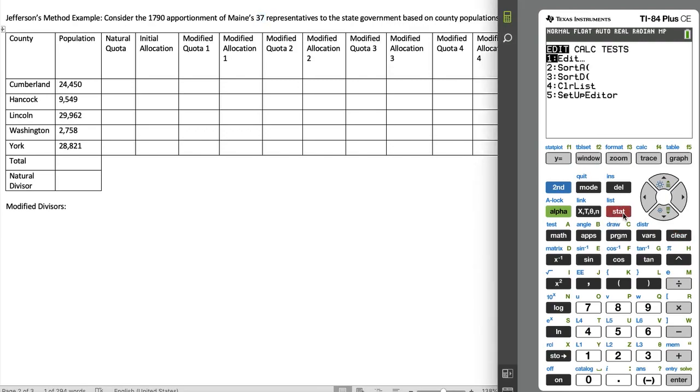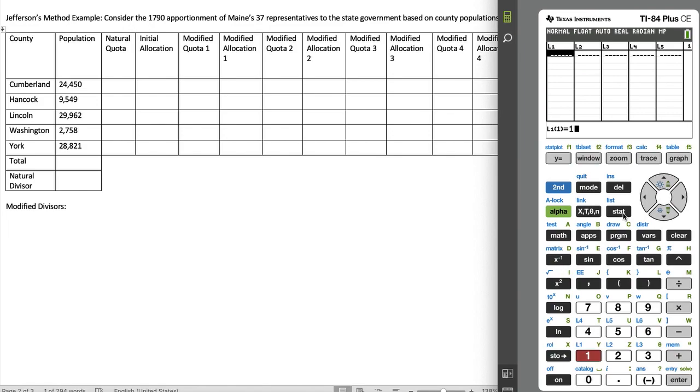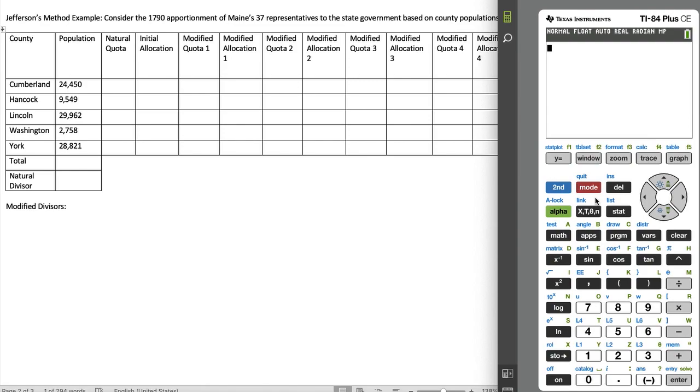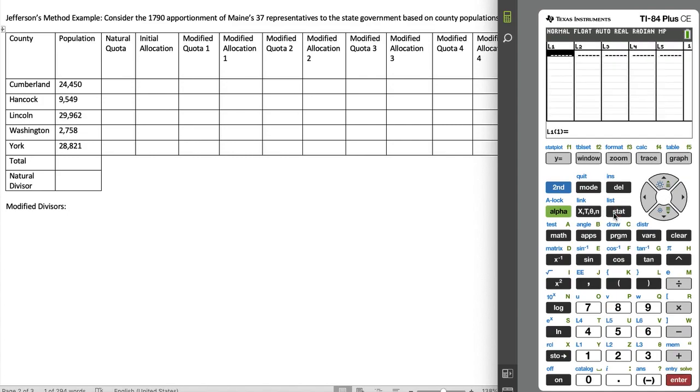In here, I'm going to go to edit. Now, if we have something already in one of our lists, we can arrow up all the way to the top, hit the clear button, and enter. It will wipe out a list. If by some chance we are missing a list, if we have deleted a list, we need to reinstall that. So I'm going to go back to my home screen, to the stat menu once again, and number 5, setup editor, will restore everything. So I'll select setup editor, hit enter, and when I go to stat edit, it puts all the lists back into place. In list 1, I'm going to enter